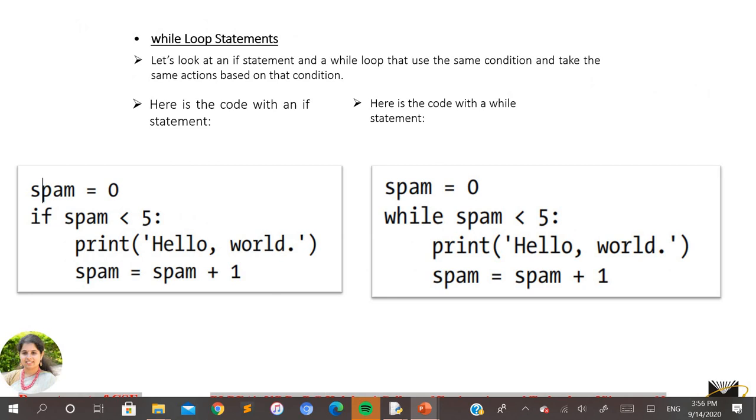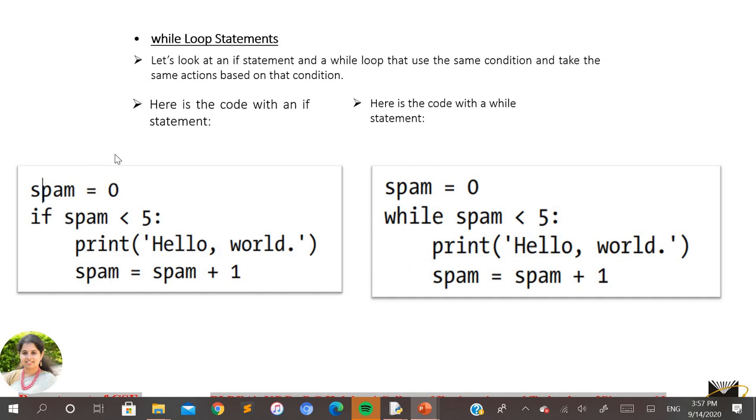Coming to the next example, you can see the same program has been written using the if statement as well as the while statement, just to show you the difference between the if and the while statement. You can see spam is equal to 0, and until and unless spam is less than 5, it has to display a message, hello world, and then immediately after that the spam value has been incremented. Here also the same thing has been done, but the only difference is that instead of while, the if statement has been used. So you tell me what difference it makes if I execute both the programs.